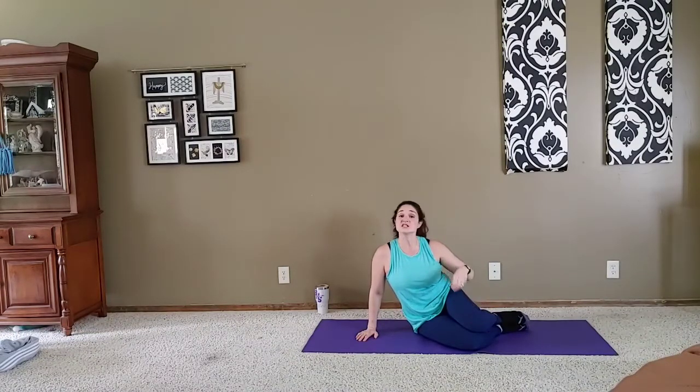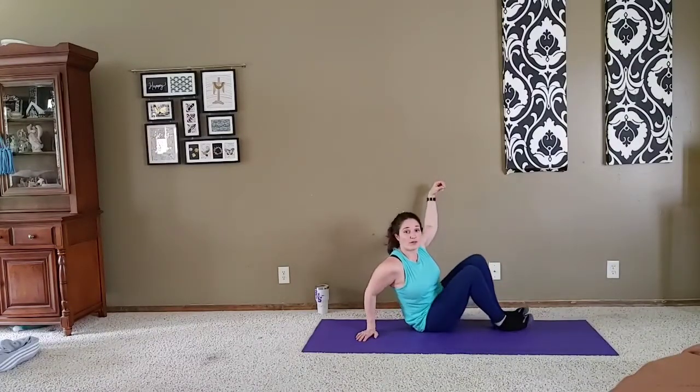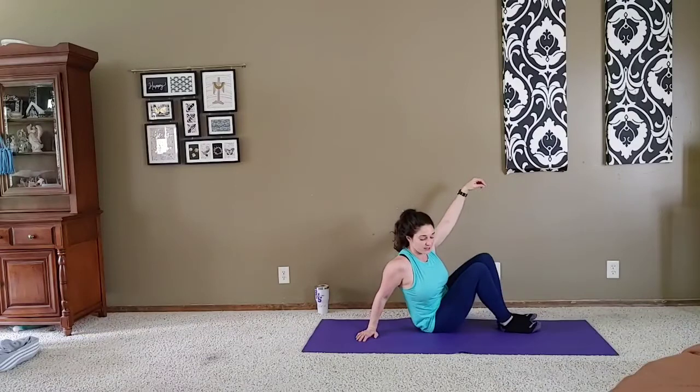So we're just going to start by kind of warming up the hips and the abs a little bit more than they have been. So pretend that you have tied a string around those knees so they are nice and together. And we're just going to pull that string back behind. Good. Just a couple here. How about 2 more? 4 sounds good. Feels good. 3,